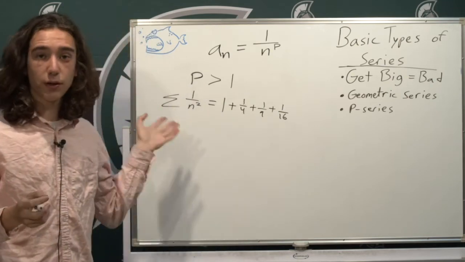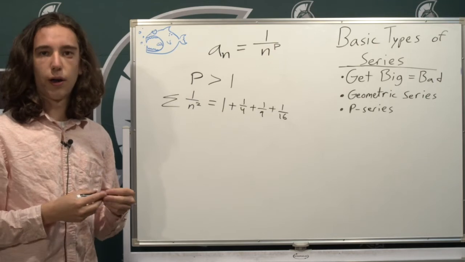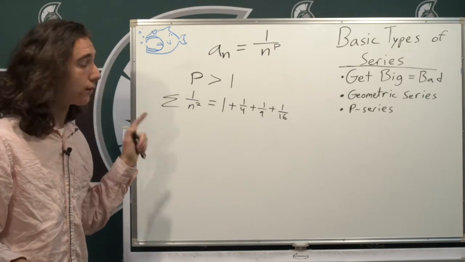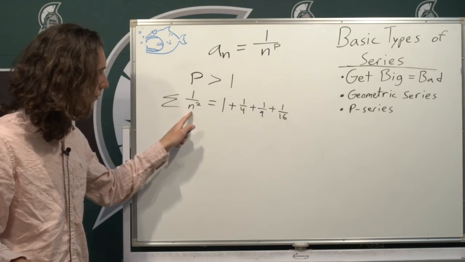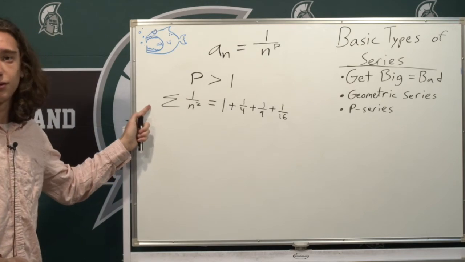And you can see how this also gets small really fast and will converge on a sum. Unlike the geometric series, however, we can't tell where this actually goes. We can estimate it, but we can't tell where this actually,